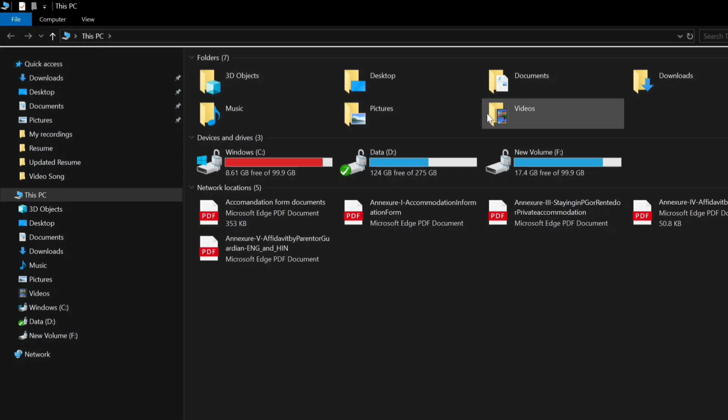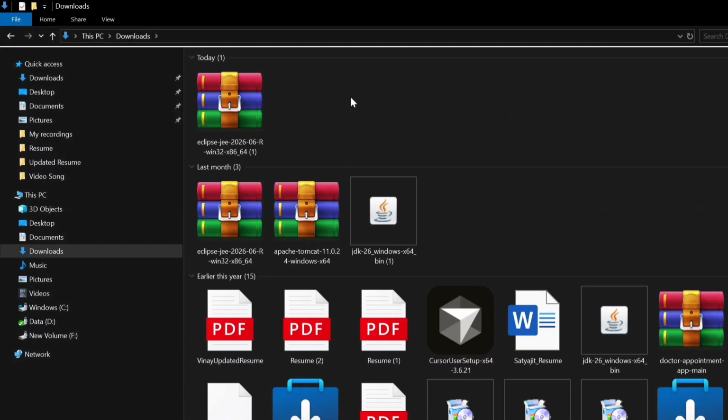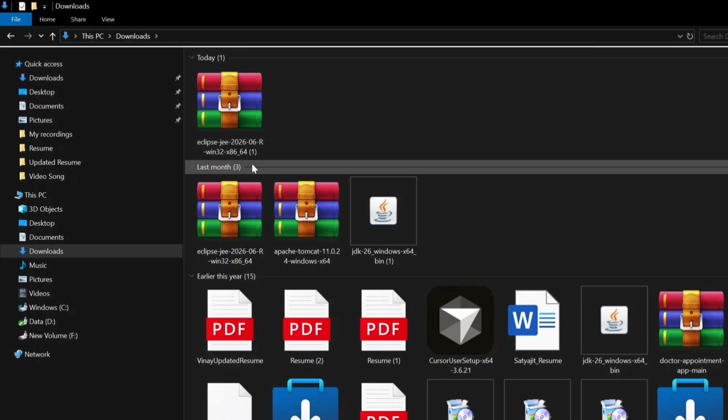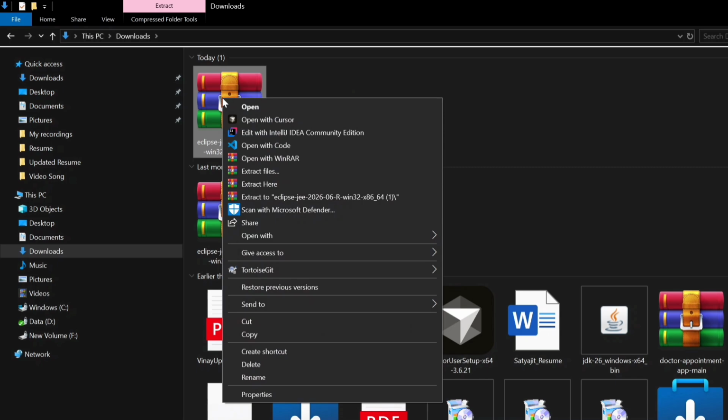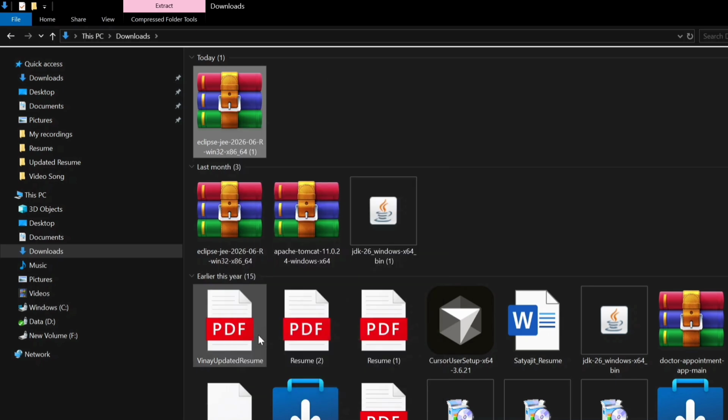How we can install the latest version of Eclipse IDE with Tomcat Server and with JDK 26, right? So I have already downloaded the Eclipse IDE, Apache Tomcat and JDK 26, right? So let's start the video, right? Firstly, we are going to install Eclipse IDE. So copy Eclipse IDE and move to your D drive,